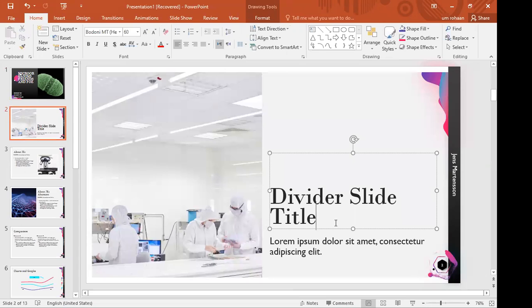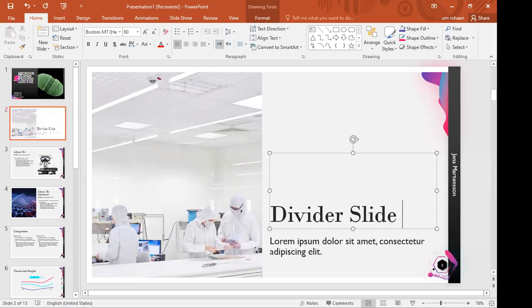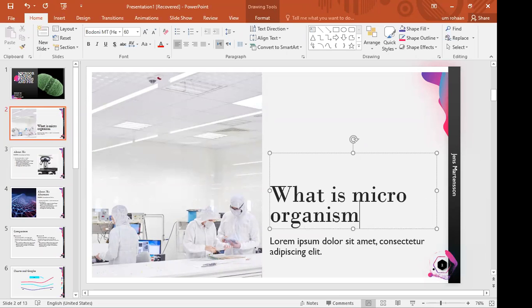Now what you will do over here, you will see how microorganisms look like. You have to make it from your side. So, no, we will first write the definition of microorganism. It's same like your driving question. Okay, what is microorganism?